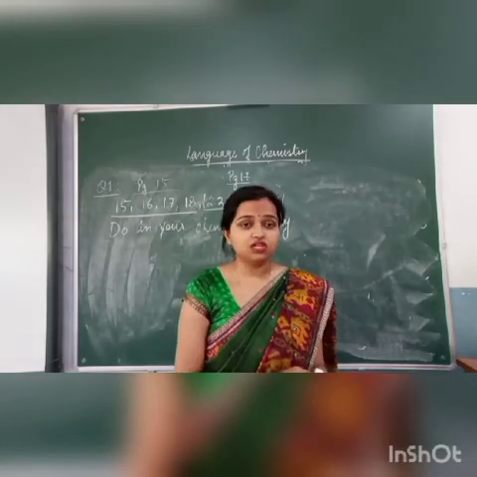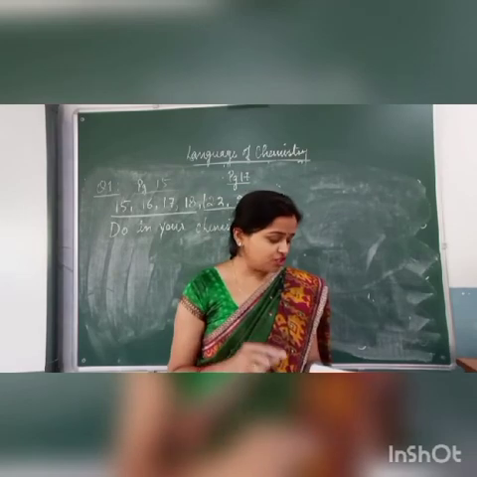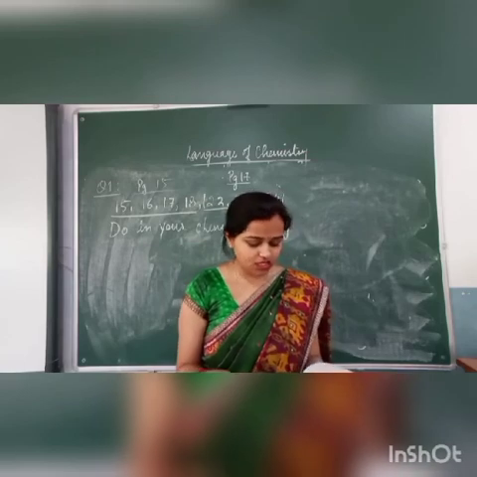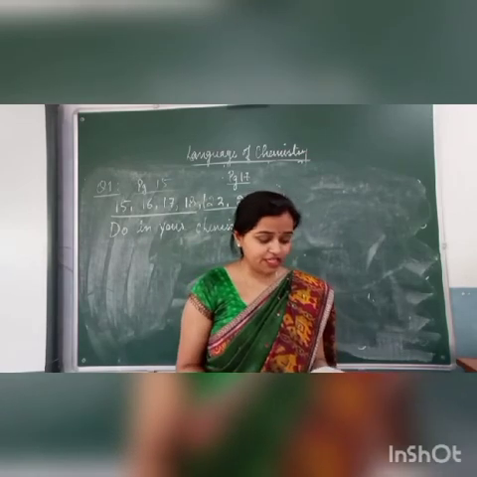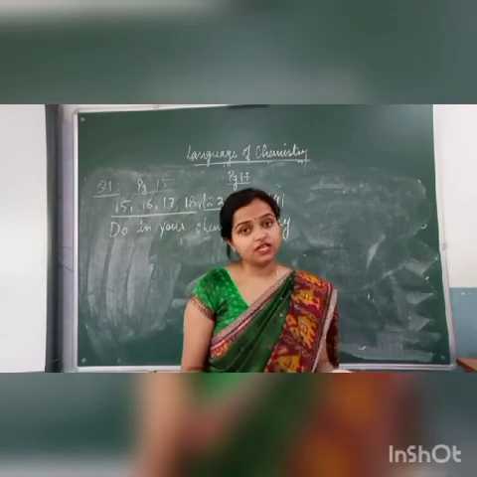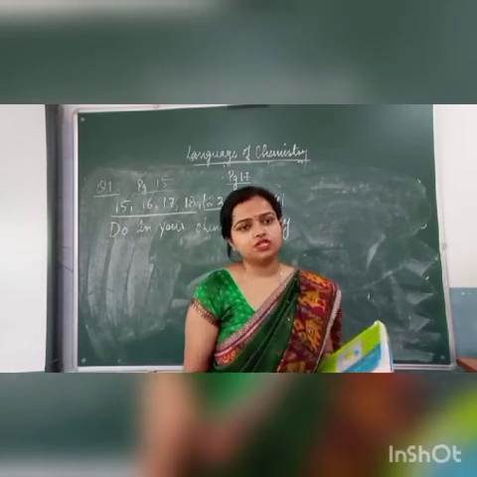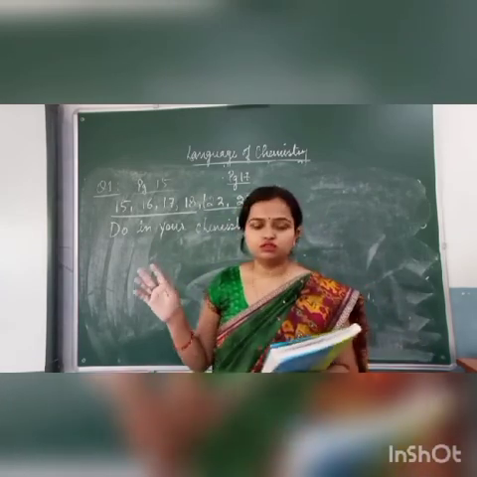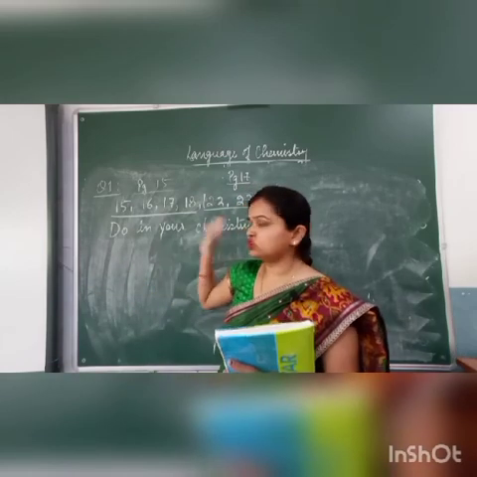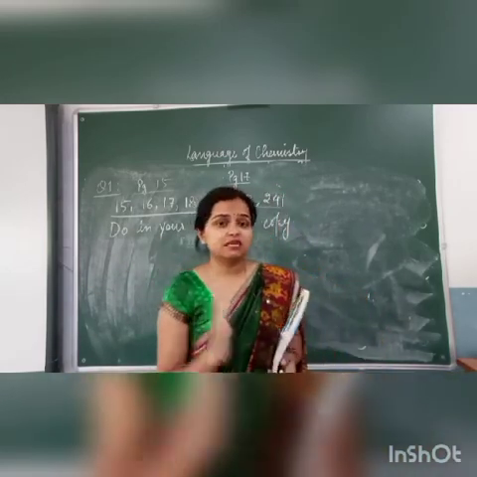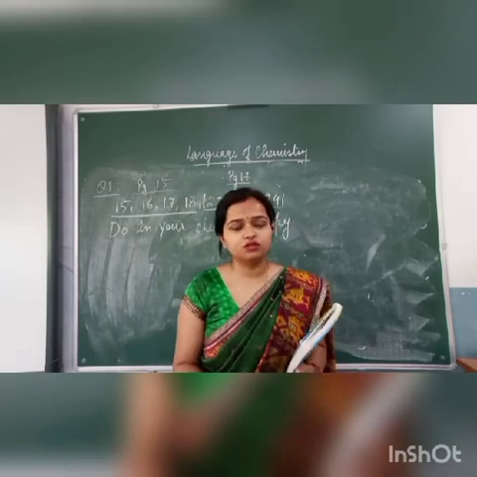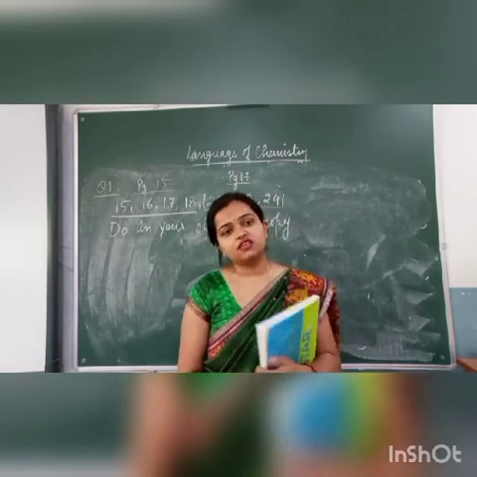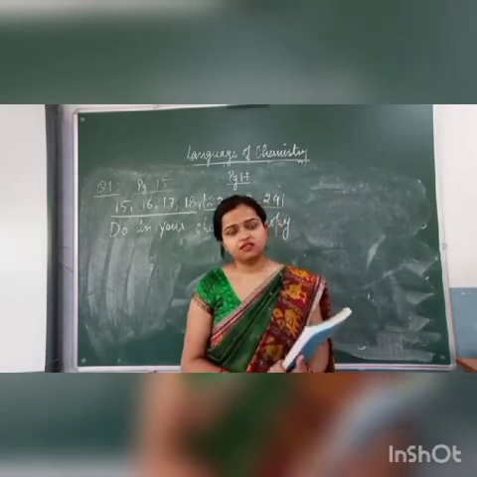And please, it's a request to learn the valency chart again, as well as do these questions such as question number 6, 7, 8, then 10, 12, 13, and question number 19, 20, 21, all in your book, because it will help you. All these are balancing equations, write the formulas, write the names, write the valencies. Okay, so try to do all these questions in the book, those questions in the copy, and revise the chapter again and see both the videos. It will be more clear to you and everything will be clear so that your chapter will be ready. Is it clear? Thank you.